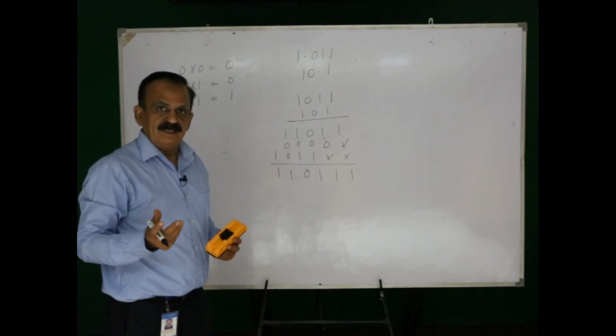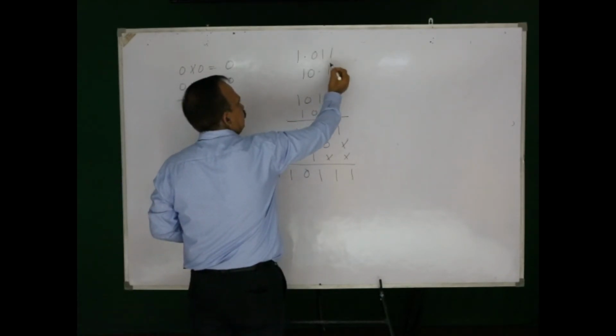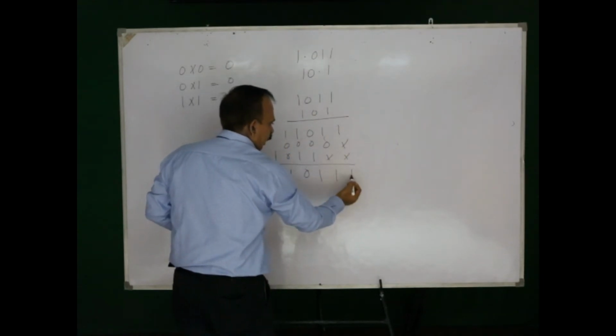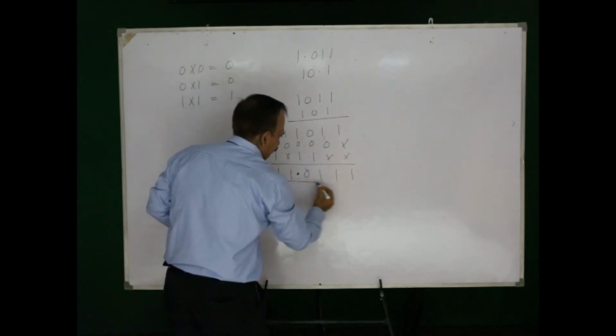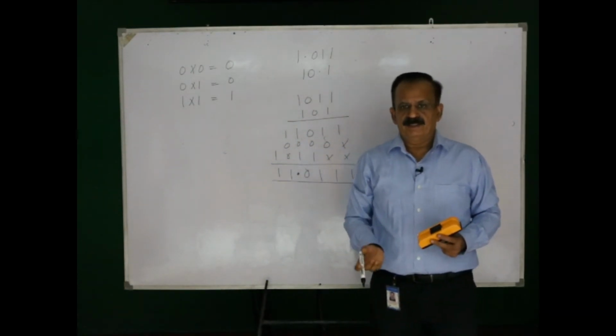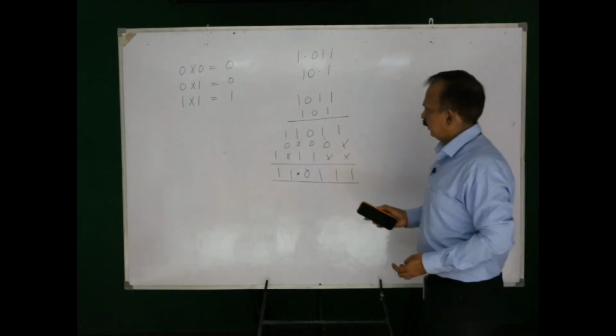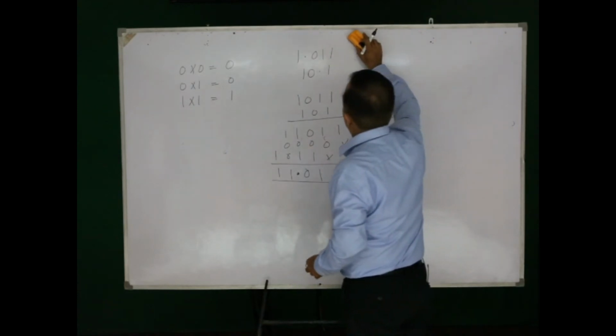Where will the decimal be placed? I think 1, 2, 3 positions and 4 position. So at the 4th position, here the decimal point will be there. This is multiplication of binary numbers with the decimal point. Let us move next to